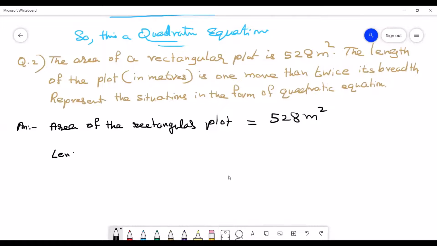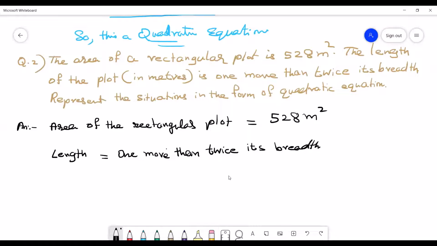So length is equal to 1 more than twice its breadth. By reading this question, we can understand that the area of the plot is given in meters, as